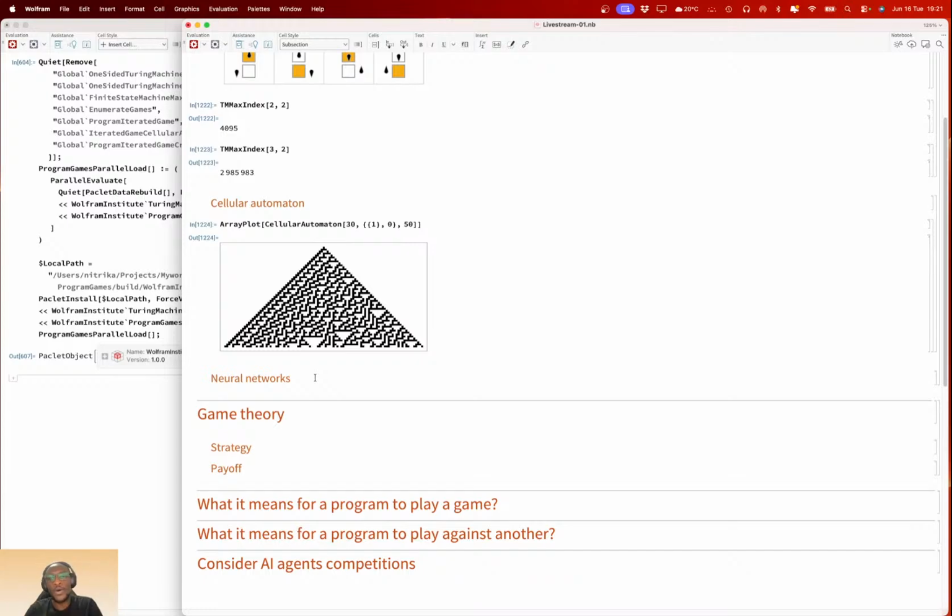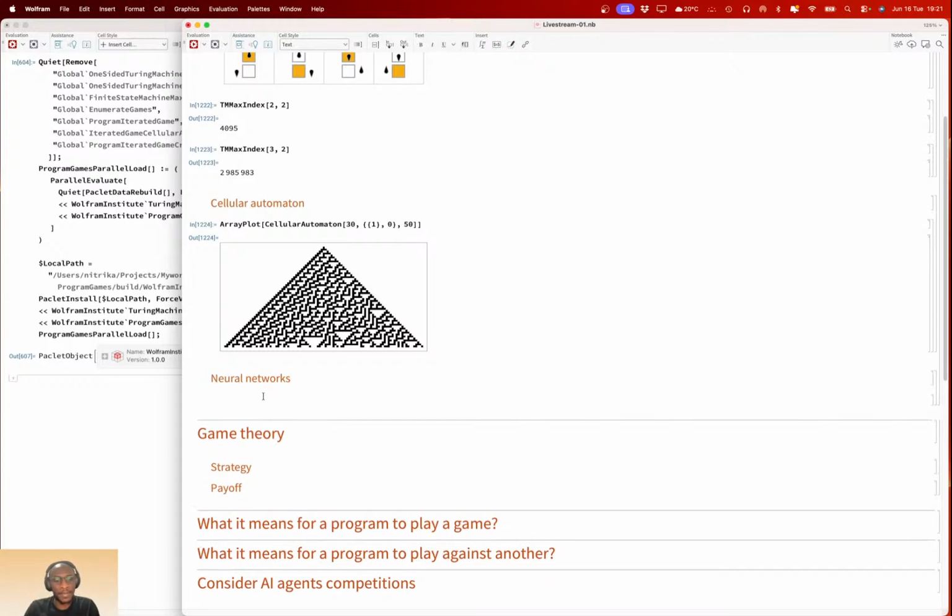A question we can ask is how can an LLM, or any AI agent or AI model, make a clever, strategic move? So that's a question one can explore.